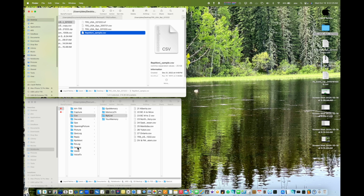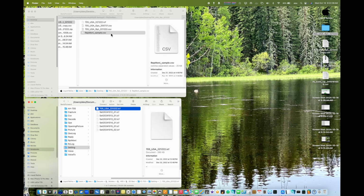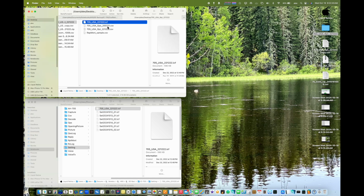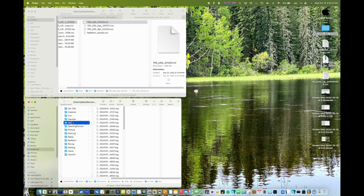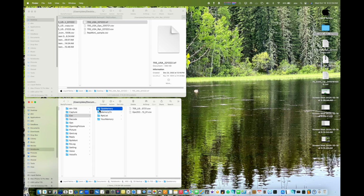This one here goes to this folder. And then you have a settings file, which is this one right there. So we got the GPS, which goes in here. Oh, no, wrong. GPS goes in here. There you go. So put that in on your SD card, put it in your radio, and then you have to load some of these, which I'll show you a bit later. So that's the steps to update